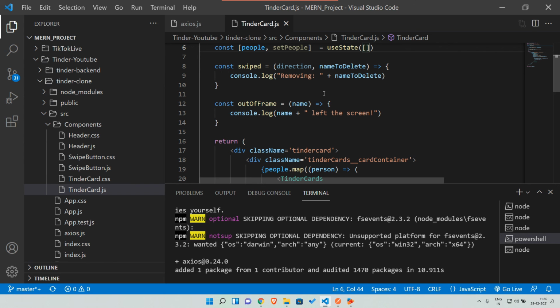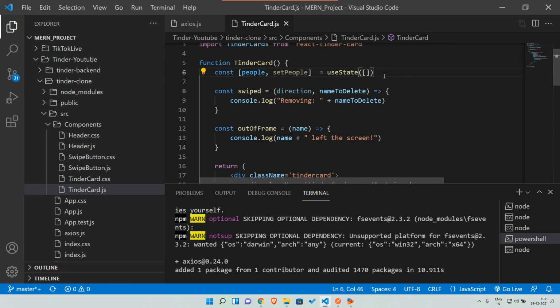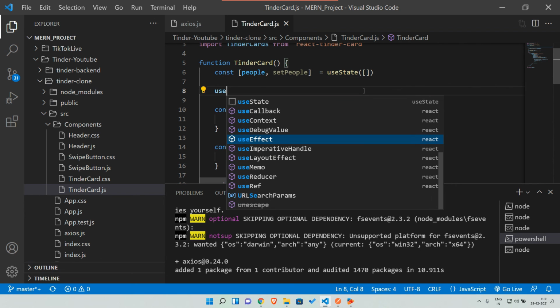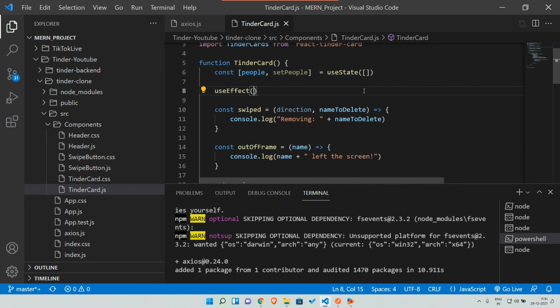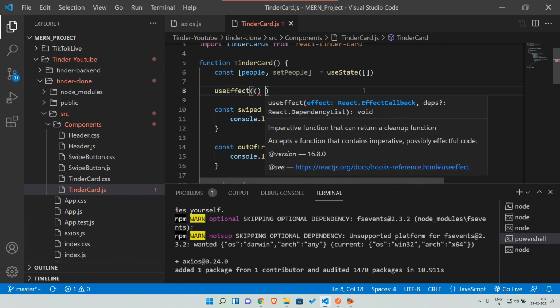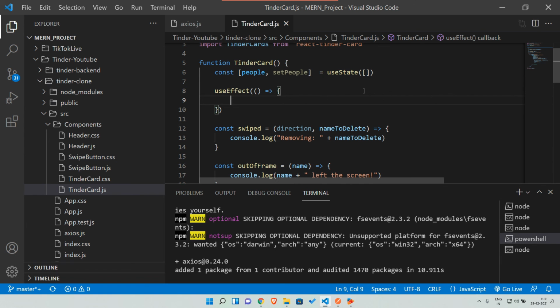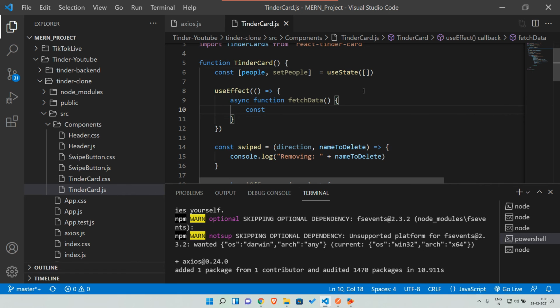So I'll just use this, just give the empty blank, and inside, below that we can use effect like this, and inside that we can give a function, an arrow function. We can do like this. We can say async function fetchData like this function, and we can say const req